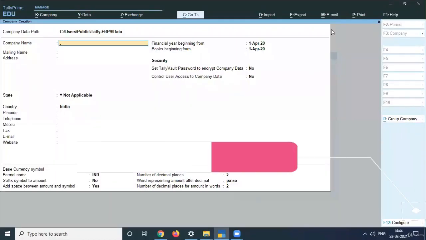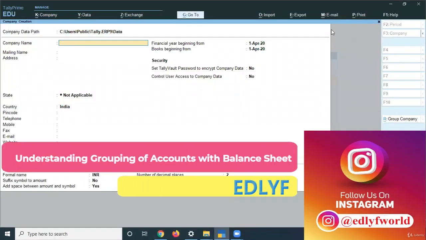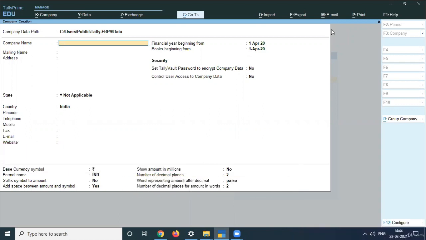Friends, in this lecture, we're going to learn about the grouping of accounts. Tally ERP 9 allows creation of groups, or we can say user-defined groups. These groups can be created under existing groups or under groups created by the user. So, first of all, as we all know, we have to create a company,